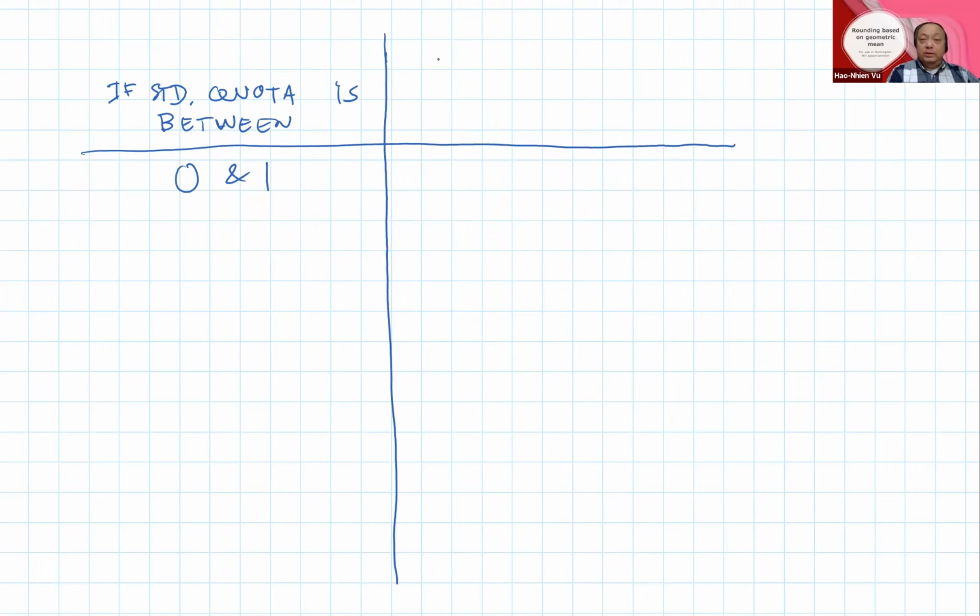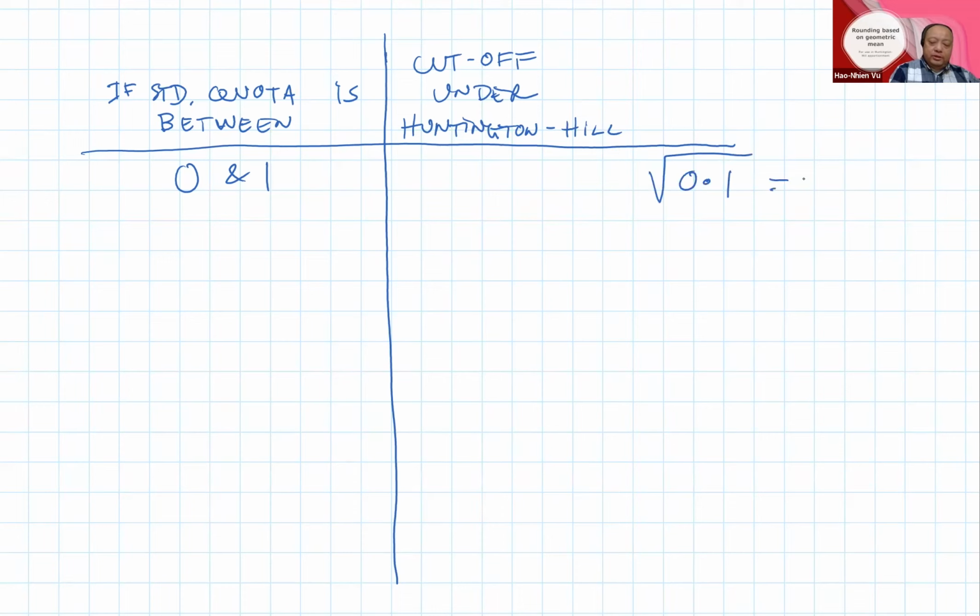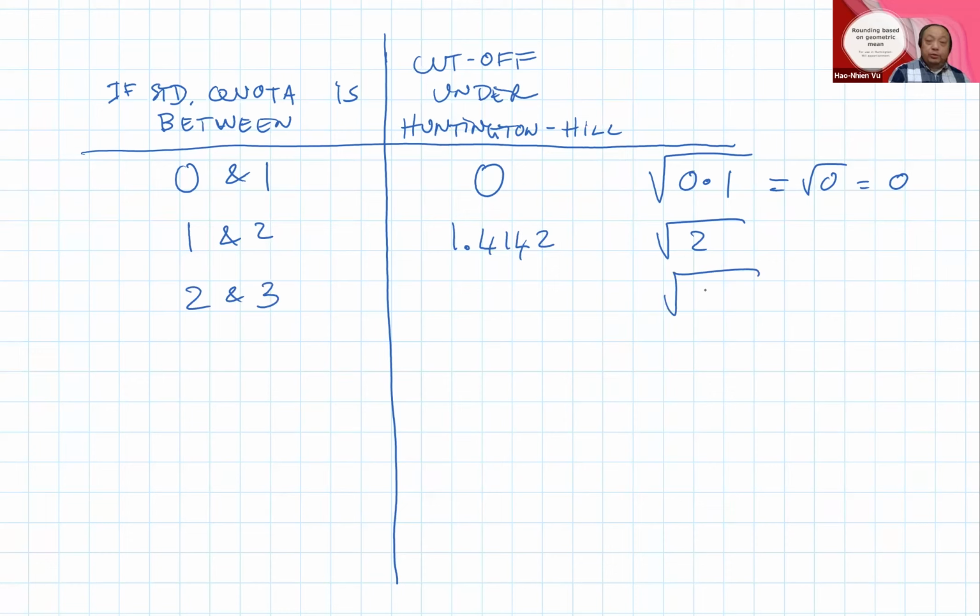then the cutoff using geometric mean, meaning the cutoff under Huntington Hill, is going to be the square root of 0 times 1, which is the square root of 0, equals 0. Under Huntington Hill, anything between 0 and 1 automatically gets rounded up to 1 because everything is above the cutoff. If the standard quota is between 1 and 2, then we're looking at the square root of 2. And we just did that above. It's 1.4142. If it's between 2 and 3, then we're looking at the square root of 2 times 3, which is